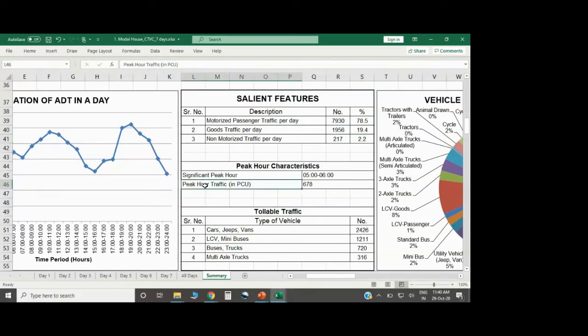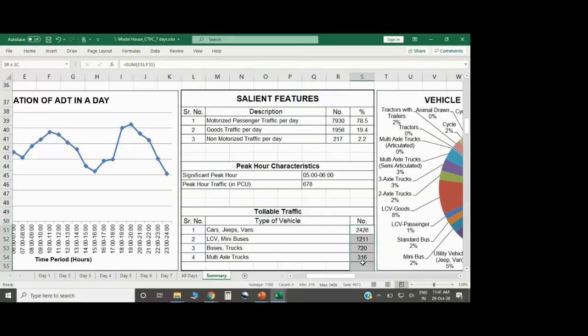And if you see, I have converted this into PCU as well, the passenger car unit traffic. So you now know what a PCU is. Then you see this table, which says what the tollable traffic is. Tollable as in, this was a highway we were designing, and it was supposed to end up in a BOT proposal, and then there was a toll which was supposed to be collected. So that also you have to take care of at the survey point itself, that you need to segregate that data as well, that if there is a toll, how many vehicles we are expecting for toll purposes.